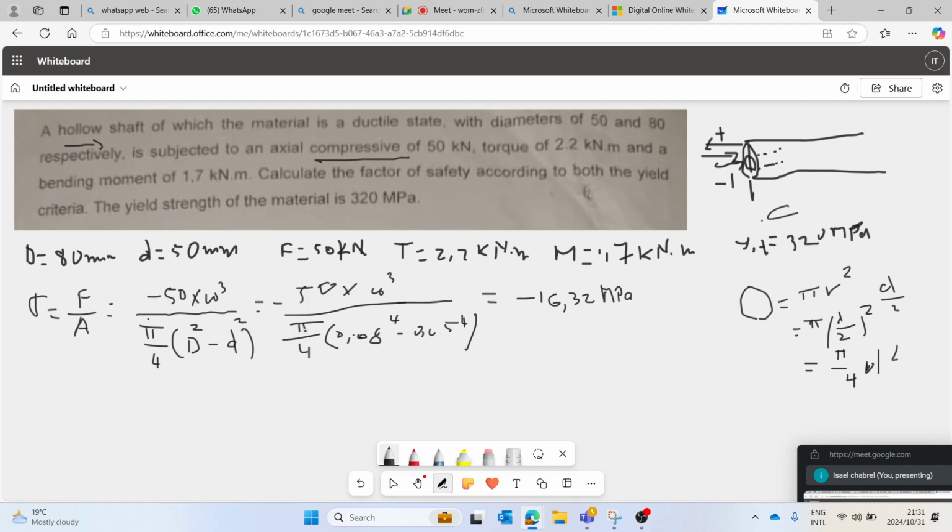Next, we look at the effect of the other force. We have a torque. Okay, we'll come to the torque after. Let's look at the bending moment. What does the bending moment do? It also creates a direct stress, guys. It also creates a direct stress, guys. Remember,